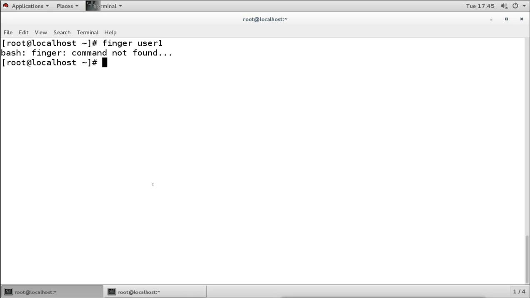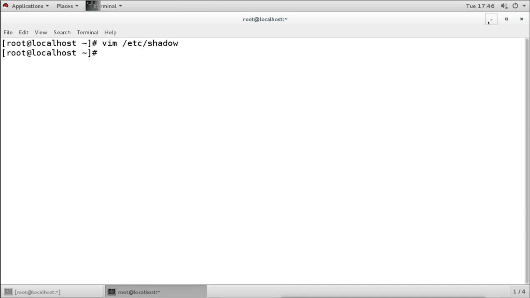Now what is the additional information? So we have created the user only with the login name, but we have not added the user's full name, address, phone numbers. So these things we have not added. So if we want to add this information for the user, then we can use this finger command. Now it is not installed, but it is still available in the DVD in the installation media. So we have the installation media added into our machine and we can see it on the desktop.